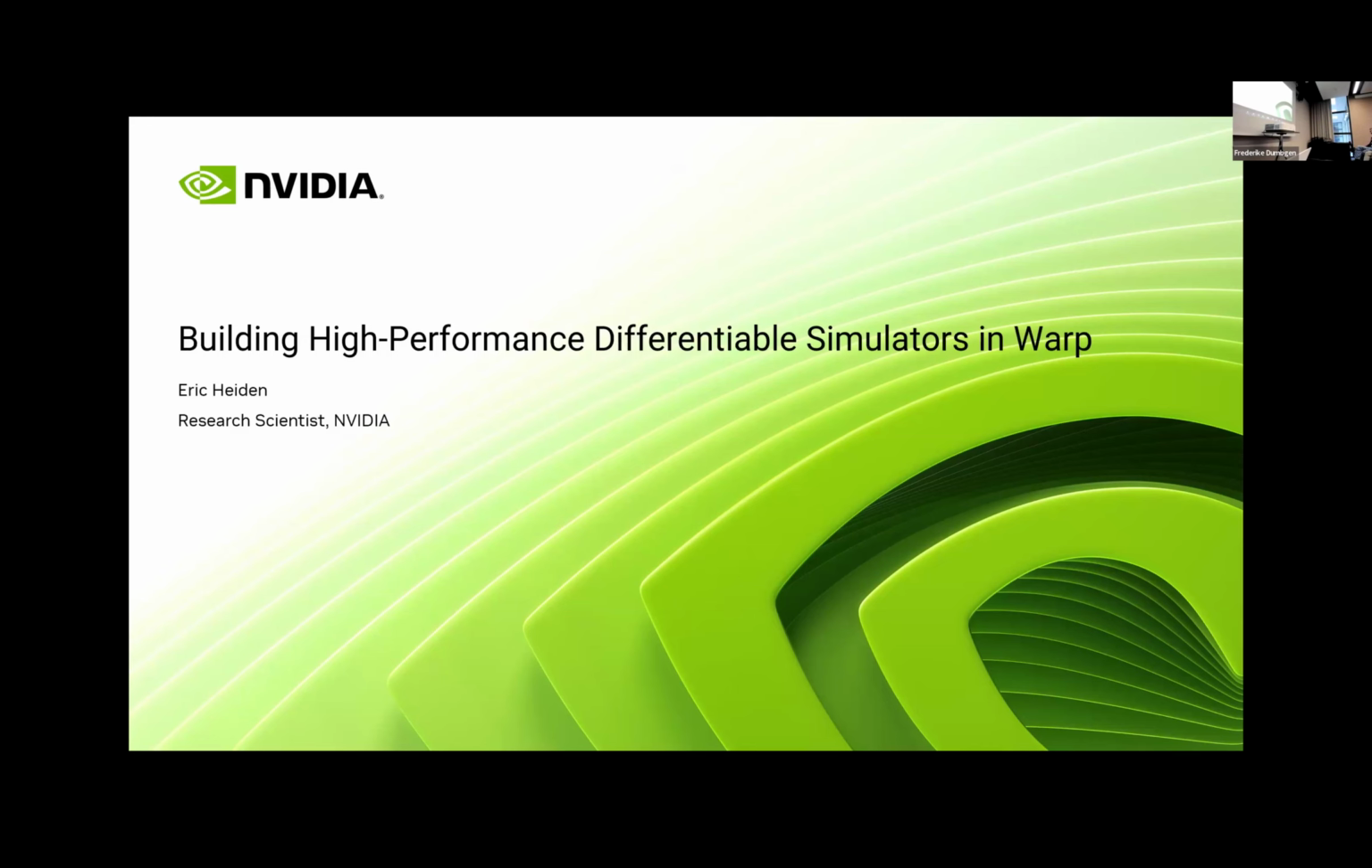Yeah, thank you very much for organizing this and inviting me to the workshop. It's very exciting to have the focus on differentiable simulation. And today I want to talk about NVIDIA WARP, which is